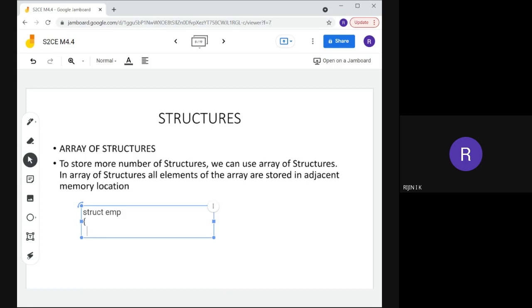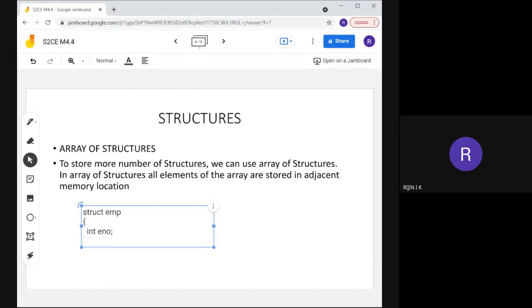An employee record mainly consists of employee number, employee name and salary. So these three items I am going to specify. First, employee number, which may be an integer type: int enum.